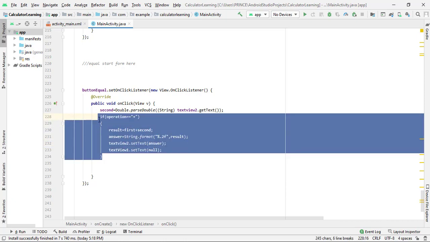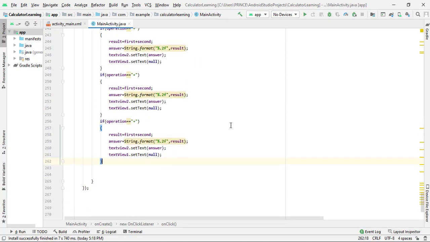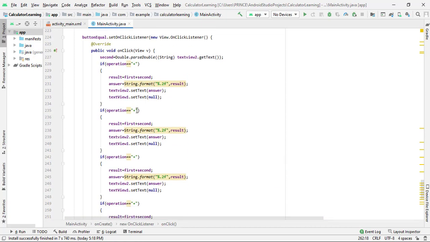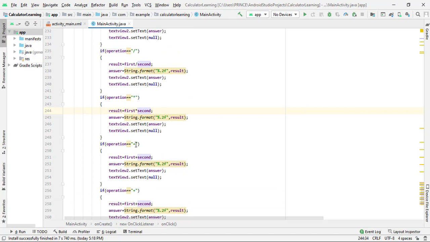Now what we have to do, simply copy this code with Control C, and paste it 5 times because we have 5 operations. Simply change the operation to divide, and change the operation to multiply, and do not forget to make the change here as well. So I make divide here and multiply here. This one is our subtract, minus, so what is left? The last one is percentage, so I simply type percentage here and also make the change here.